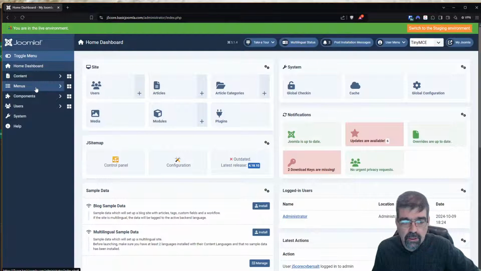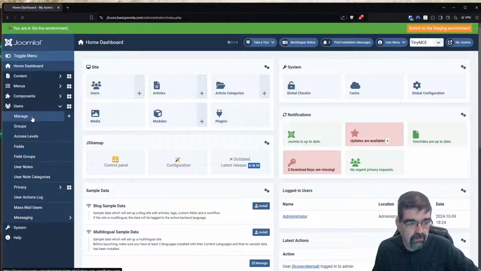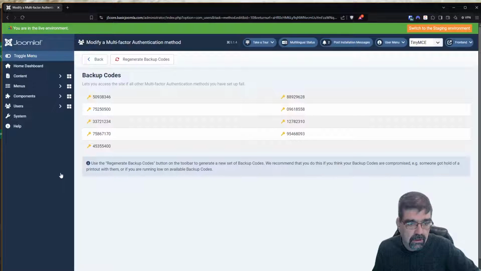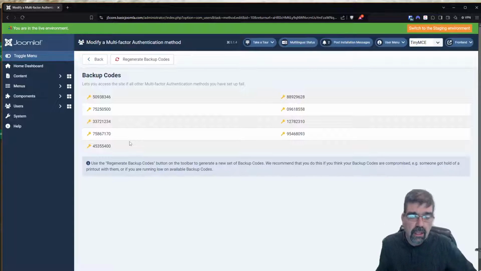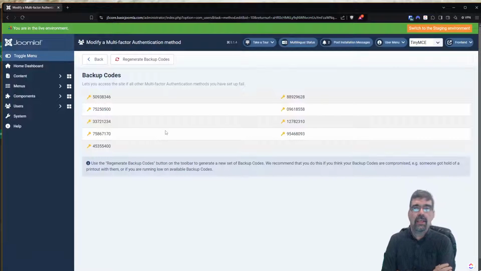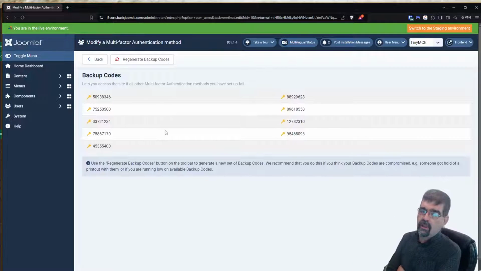Here's my suggestion. If we go to users, manage, and administrator, and we go to backup codes, now we only have 9 because the one I used is burned. All right, print these codes up and put them somewhere, but instead of saying backup codes for logging into the